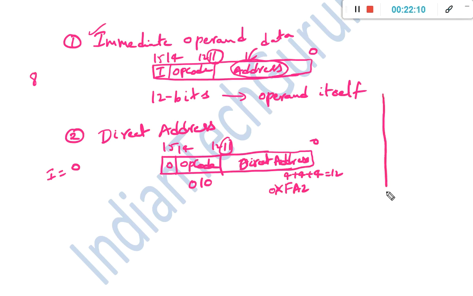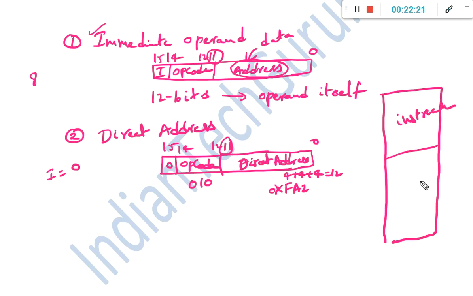Where is this operand residing? It is residing in the main memory. The main memory contains instructions as well as data. So in the data part, in a particular location named 0xFA2, an operand is there. Assume that operand is 255.